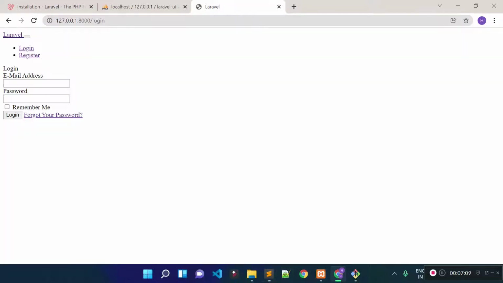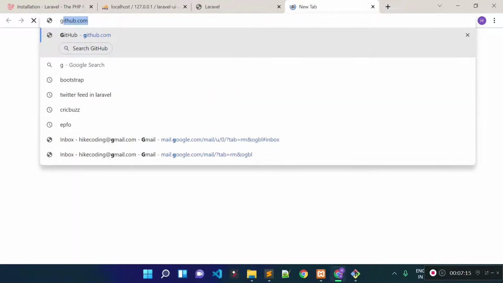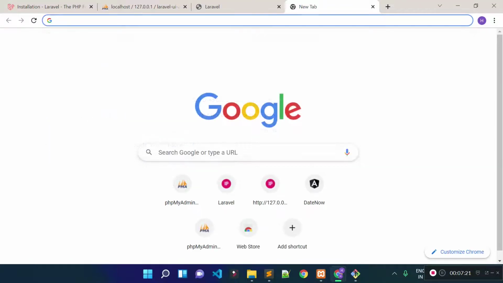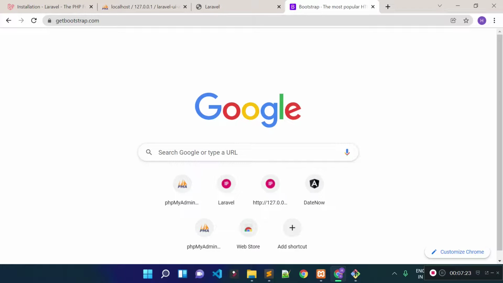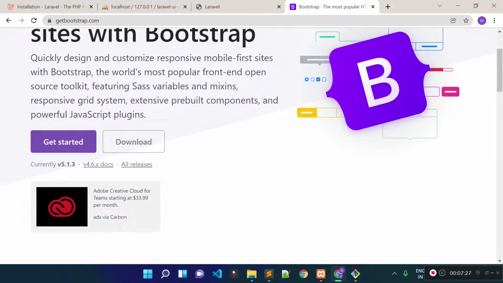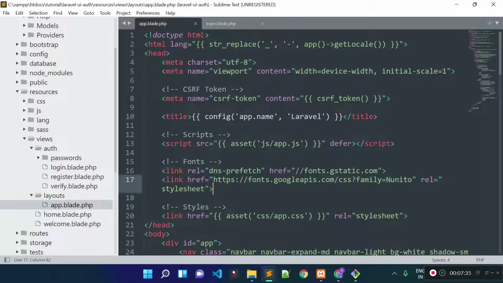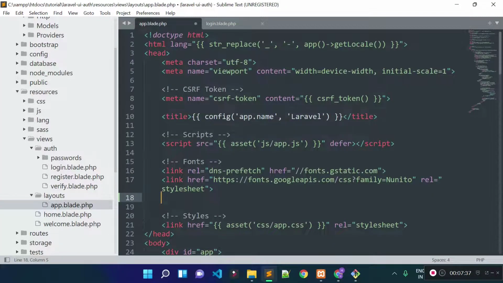So from here we can get the Bootstrap CSS file. Let's go to getbootstrap.com from Google, and you can download the Bootstrap library from here, or you can provide the Bootstrap CSS CDN. So let's copy this CDN from here and then provide the CDN inside our